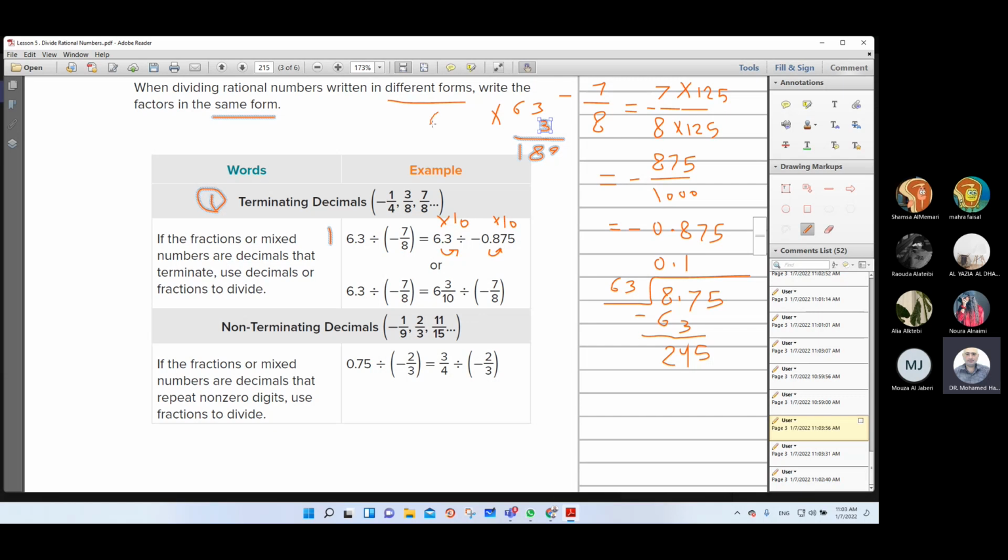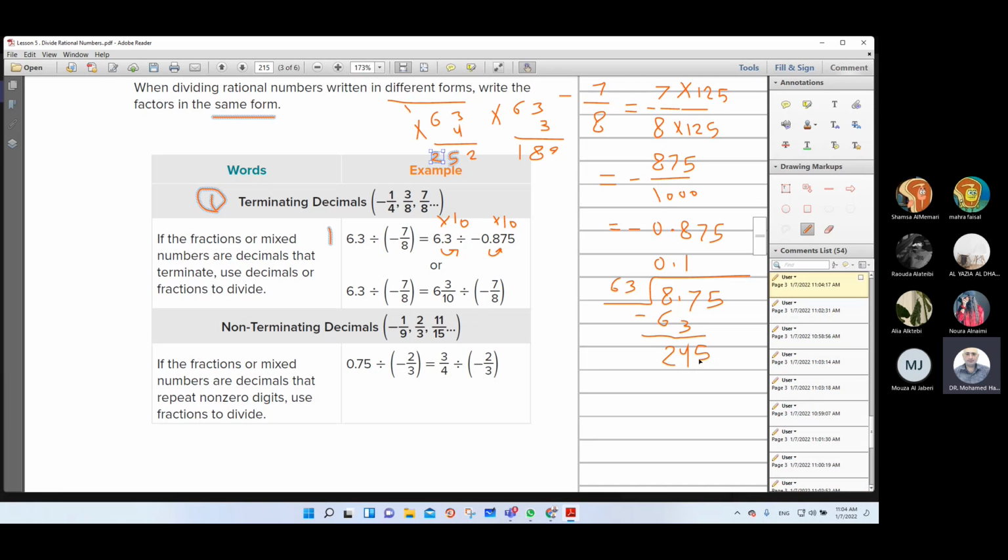Try a number greater than 3. 4 times 3, 12. And 4 times 6, 24 plus 1, 25. Here 252 is greater than 245, so this is not suitable. Take 3, 189,